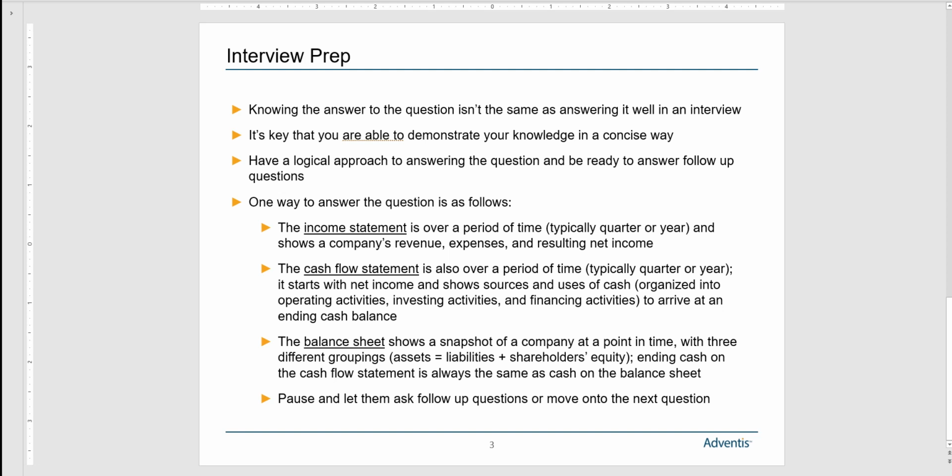You don't want to put yourself out on a limb, and you also don't want to bore the interviewer to the extent that they want to move on to a different topic or question. You should be ready to dive into much more detail, but also be thoughtful around using time wisely and letting them guide you into how much detail they want to